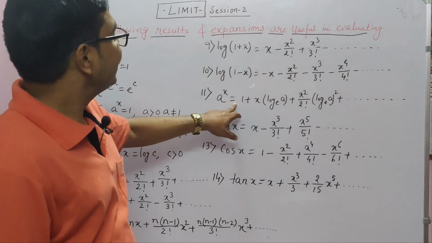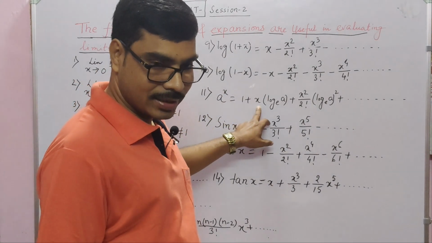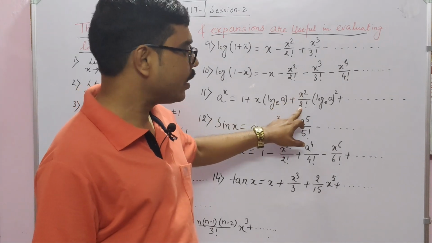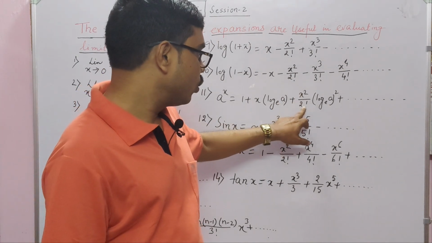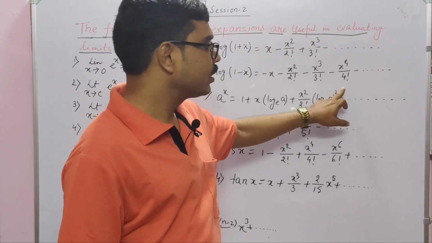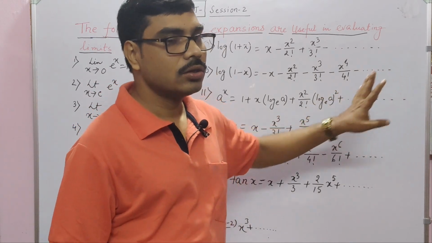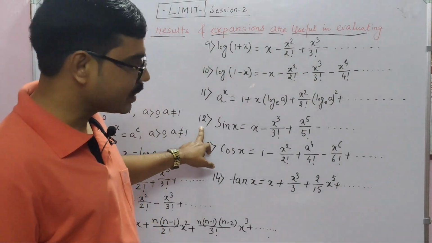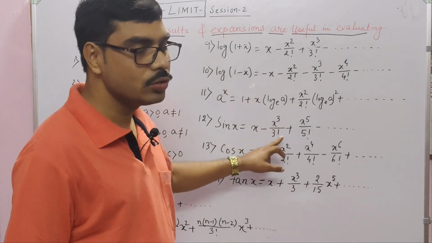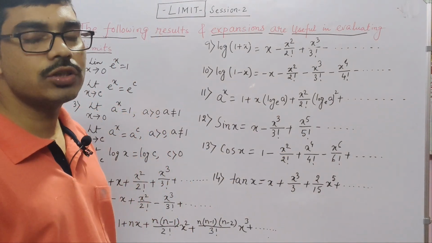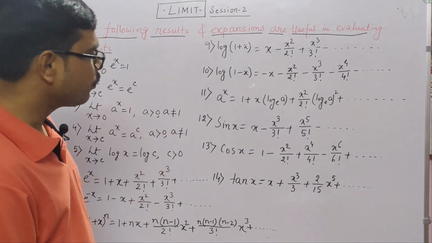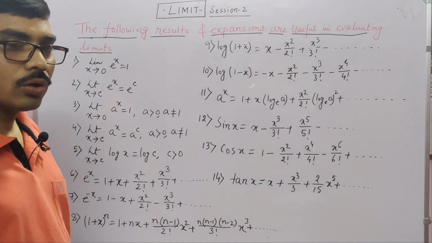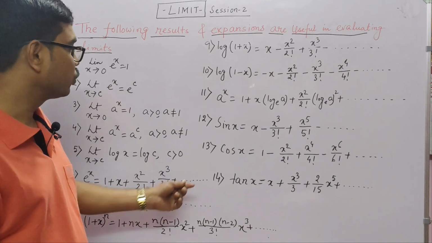a to the power x equal to 1 plus x into log a with base e plus x square by factorial 2 into log a with base e the whole square plus dot dot dot. Sin x, series of sin x equal to x minus x cube by factorial 3 plus x to the power 5 by factorial 5 minus x to the power 7 by factorial 7 up to dot dot dot infinite পর্যন্ত।